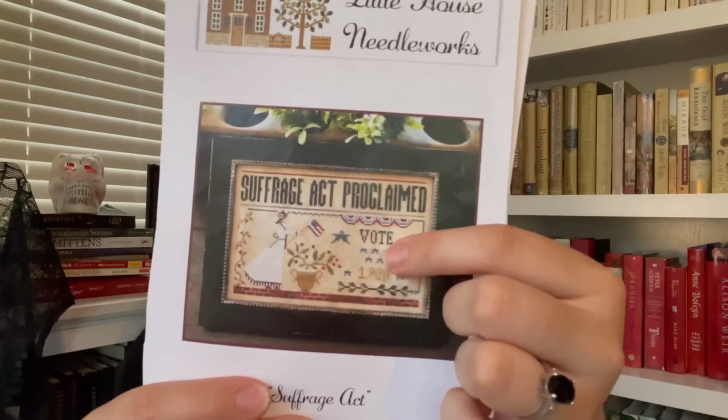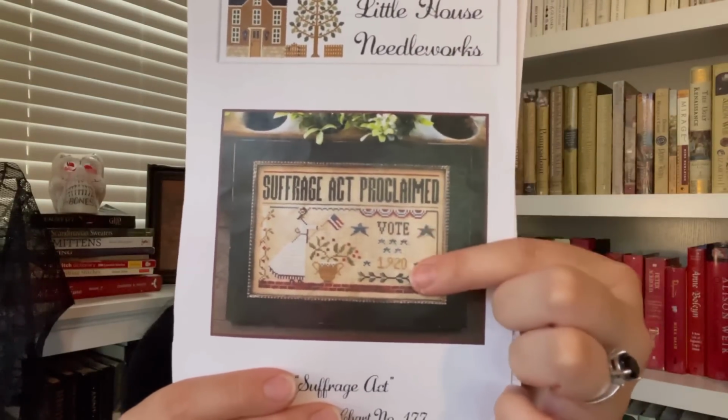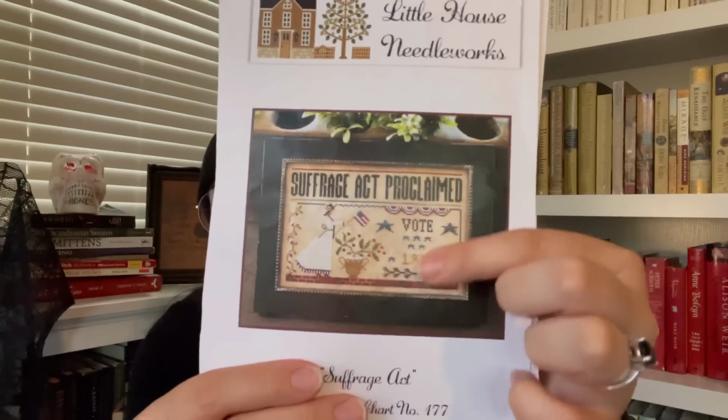And what I could do is, do you see where it says vote and then it has these two rows of stars? I think I could put two more dates there. So not only would it say like the 1920, but I could have two other years above that. So that's what I'm thinking. If anyone happened to watch that episode and knows what I'm talking about,